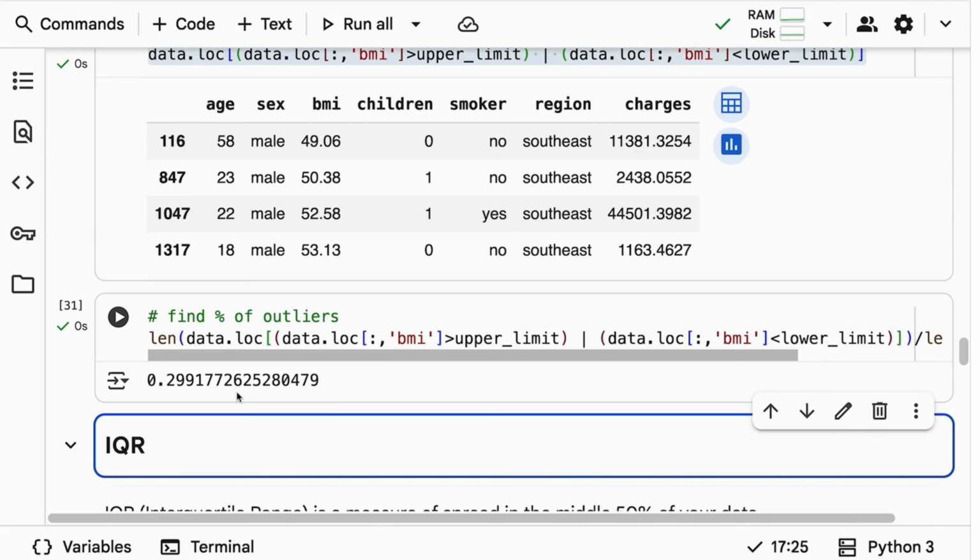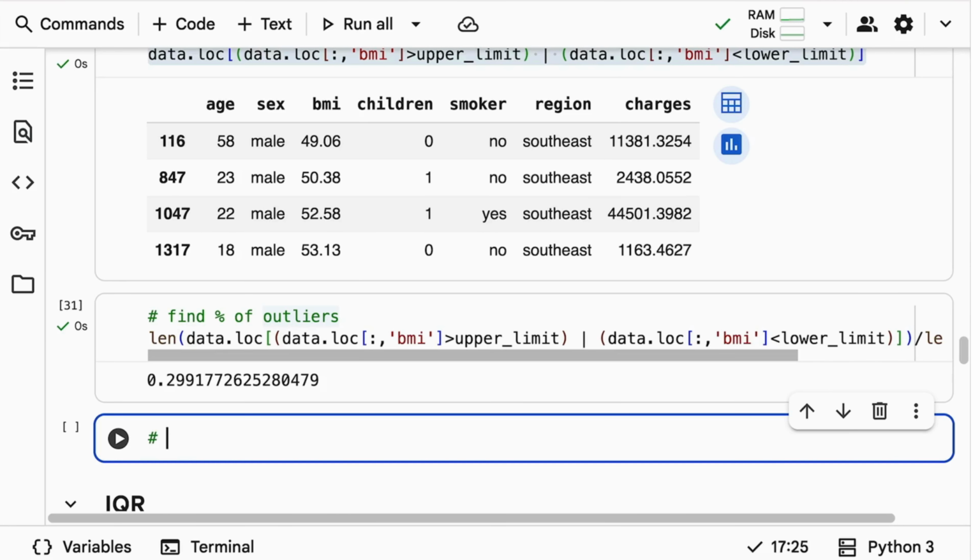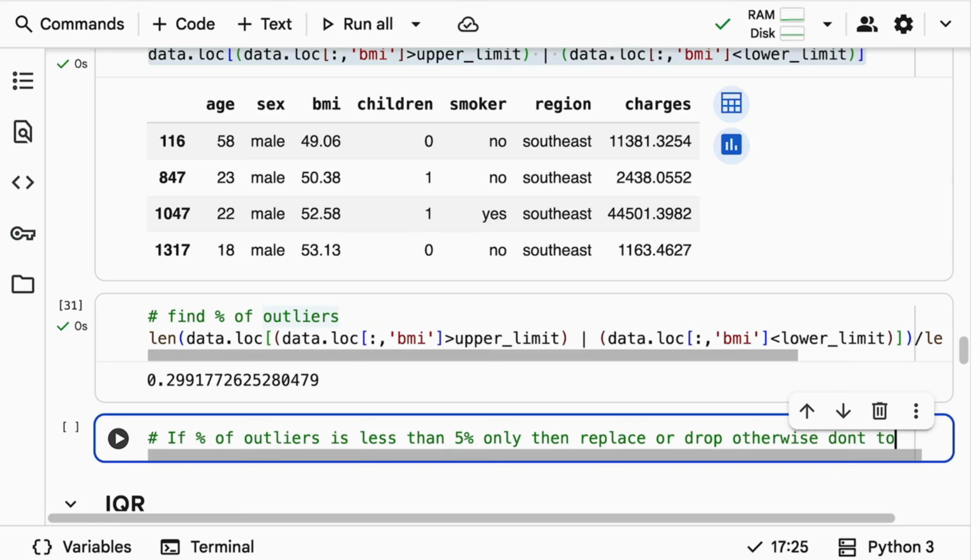This is going to tell me what percent of data we have. It's very less, right? Just like 0.2%. So if the percentage of outliers is less than 5%, usually we need to handle them. Otherwise, you should not touch such outliers if it's more than 5%, because they're adding some information, some value to your data. So be careful about it.